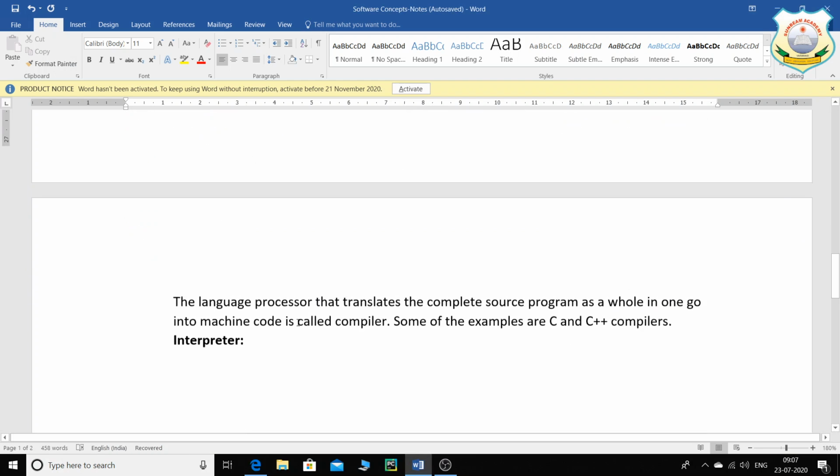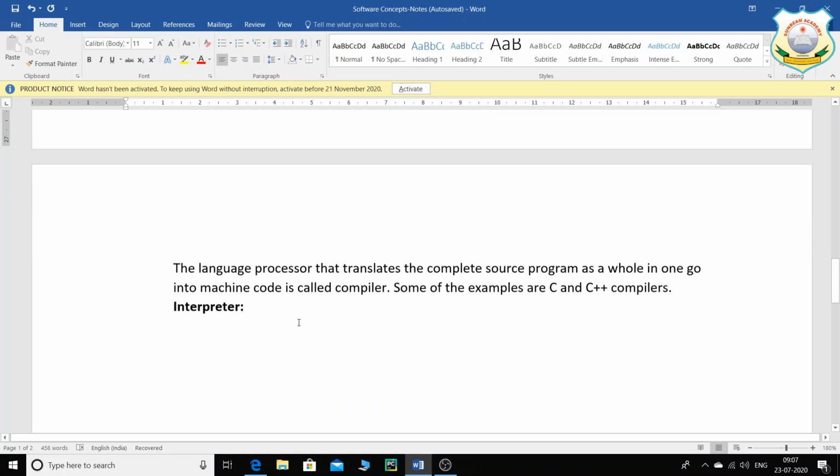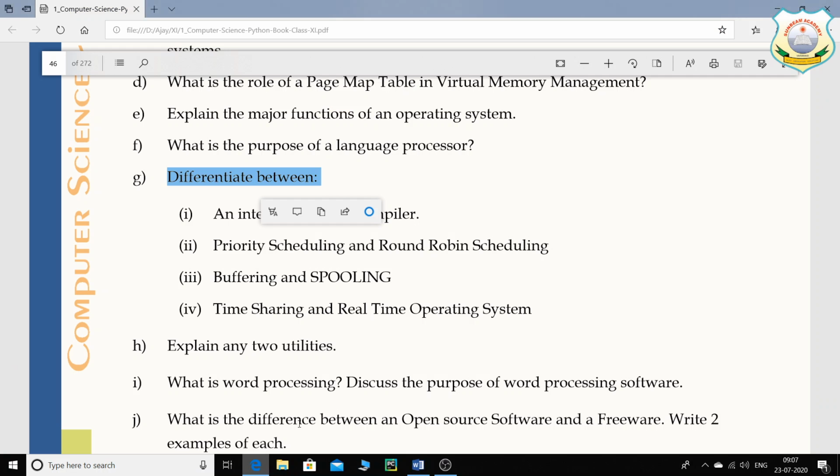Then we are going to go for the next question, that is, differentiate between an interpreter and a compiler. I have already typed this for the compiler. So what does the compiler do, children? The compiler will basically take the entire code in one go, and it will convert the entire code into machine code. And regarding the errors, that is